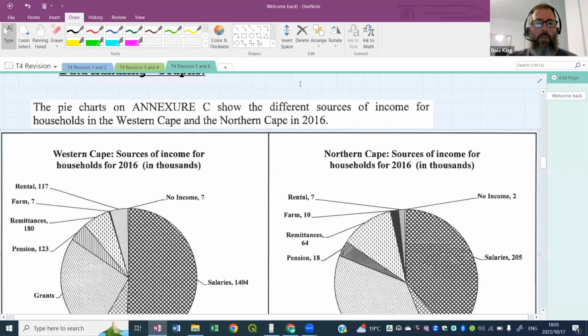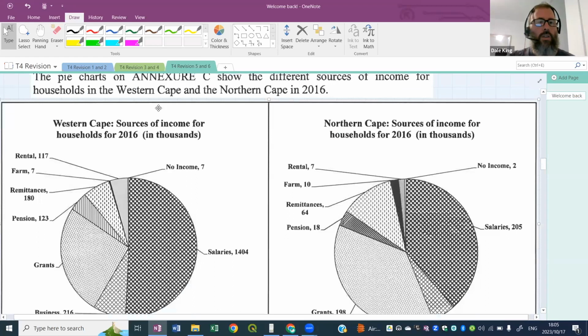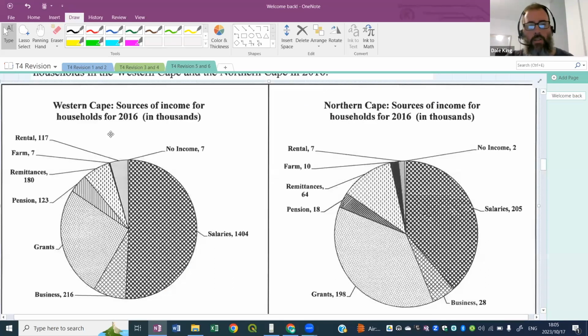Okay. And we've got Western Cape on the left and we've got Northern Cape on the right. And this is for 2016. And so this is how many households have sources of income from these categories shown in the pie charts. Let's just understand this for a second. So for example, if we look at the left there, the Western Cape, it says sources of income. So there's a total number of households that they obviously surveyed, and they found, for example, in the Western Cape,